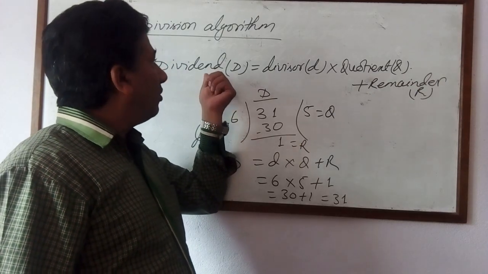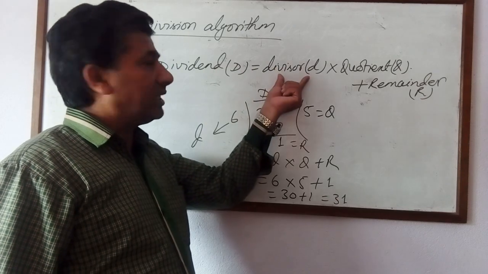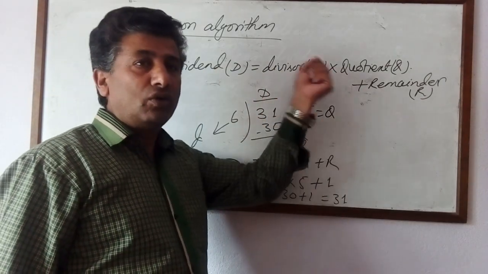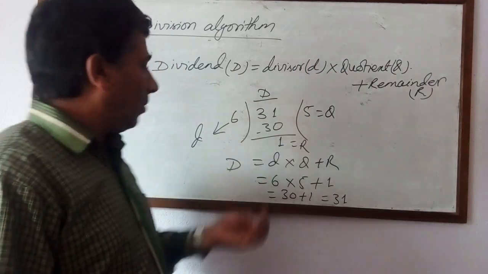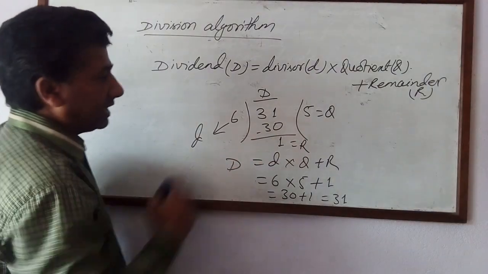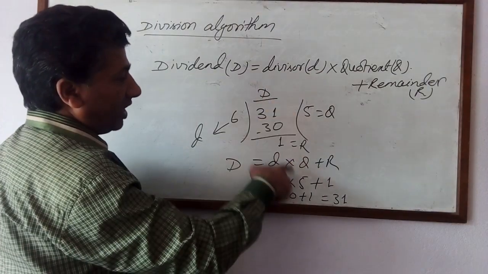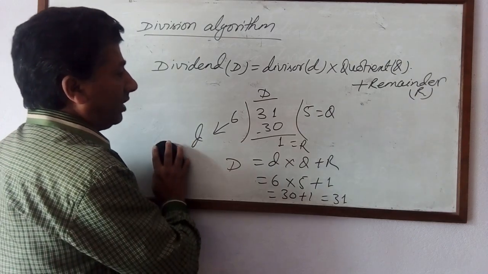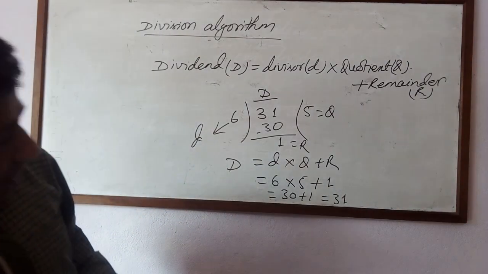When you divide a polynomial by a divisor that is also a polynomial, then this relation will also be true. Now, in place of this, I write polynomial. This is one example, just to make it clear. I did this one. What is the division algorithm? Try to understand from here.